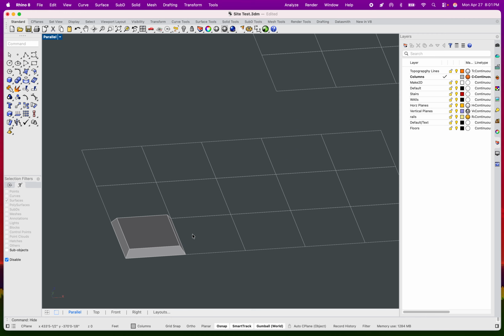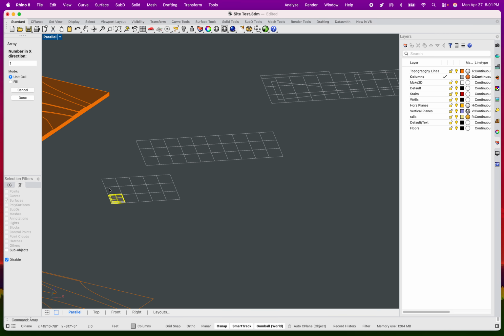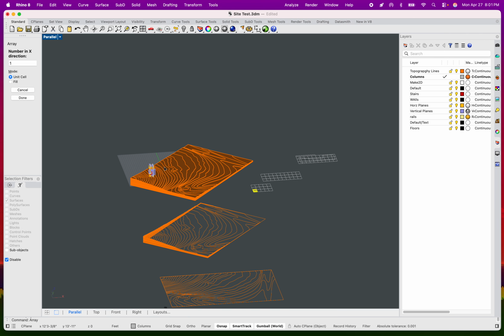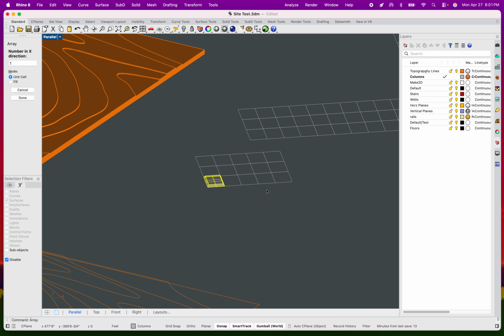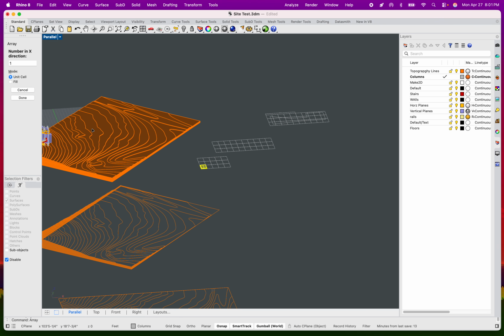To show you what I mean a little bit better, array. Anytime that I have something in a grid, obviously I want 1, 2, 3. So which is my direction? You have your X, your Y. So it's always good to build in a Cartesian plane. Keep in mind you can move this thing. So if you go to C-plane,